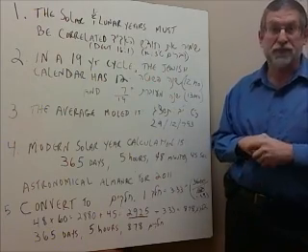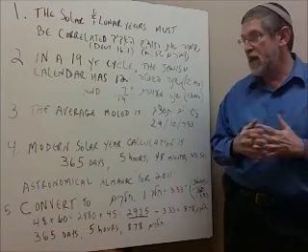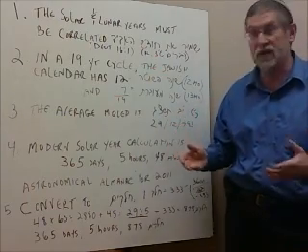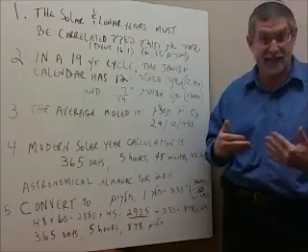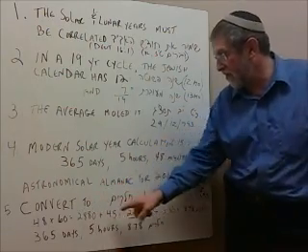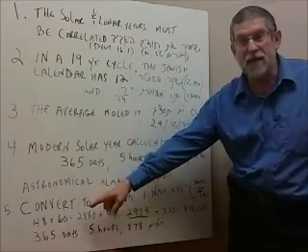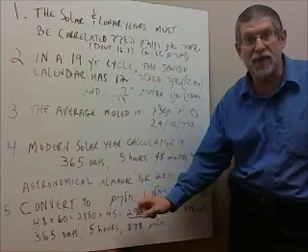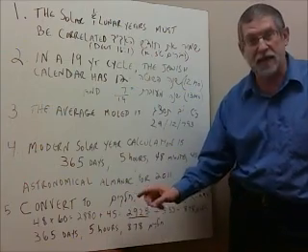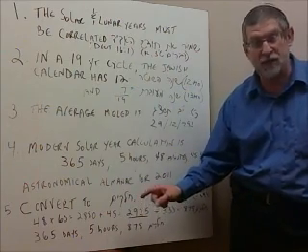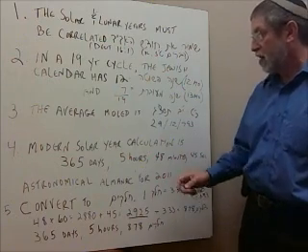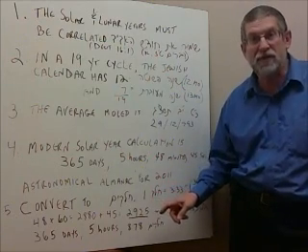Okay, now, 48 minutes times 60 seconds per minute, because we're trying to get seconds. So converting to chalakim, 48 minutes times 60 seconds equals 2,880 seconds. Now you take 2,880 seconds